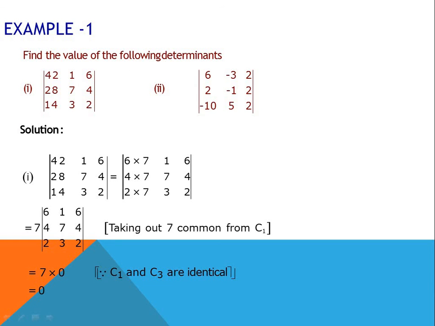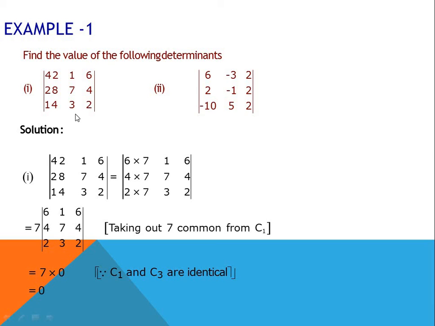Now let's solve example 1, which is given over here. Find the value of the following determinant. Now the ideal way is to solve this 3 cross 3 determinant. I have already covered how to solve a 3 cross 3 determinant in the video on matrices. So if you have not watched that video, please go to that video to see how to solve a 3 cross 3 matrix. However, in this case, we will solve the determinant with the help of the properties. We have learned 8 properties, and with the use of those properties, we will solve the determinants.